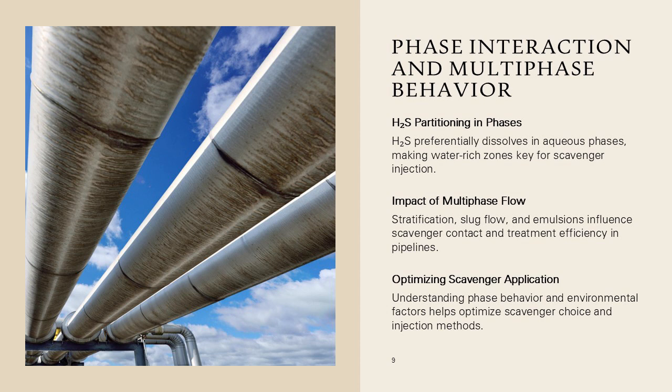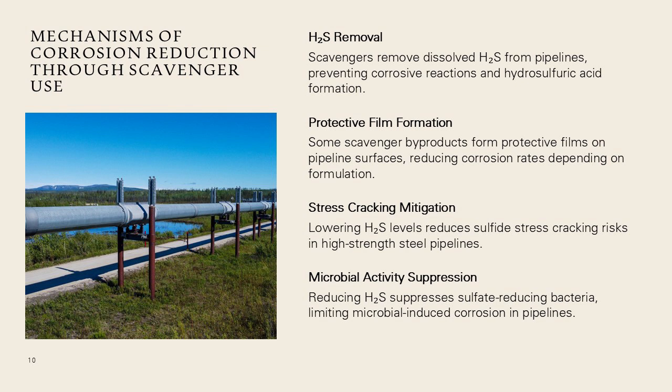Failure to account for multiphase dynamics may lead to insufficient scavenging, uneven corrosion distribution, or excessive chemical consumption. A thorough understanding of fluid behavior is therefore essential for achieving reliable H₂S control. H₂S scavengers contribute to corrosion control primarily by removing dissolved H₂S from the pipeline environment before it can participate in corrosive reactions. By reducing H₂S concentration in the fluid, scavengers prevent the formation of hydrosulfuric acid and reduce the electrochemical